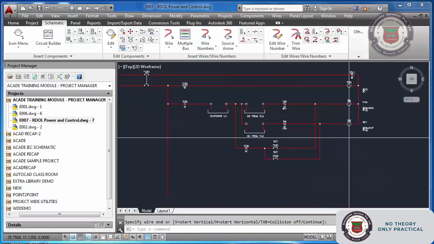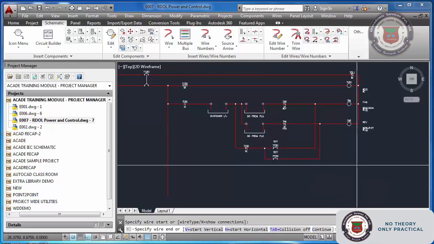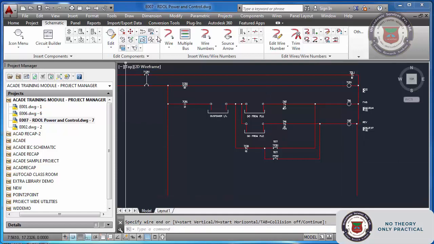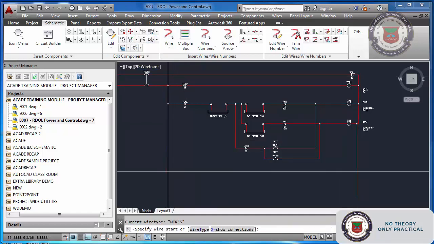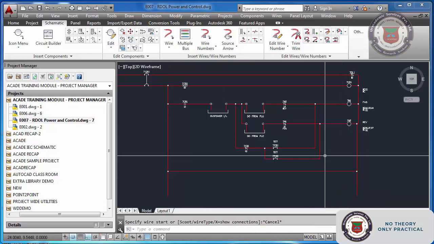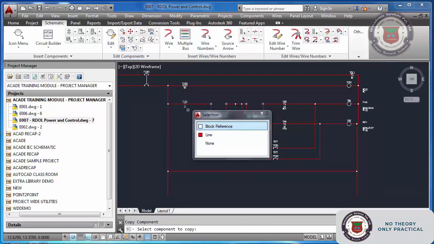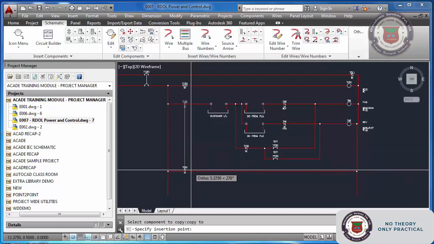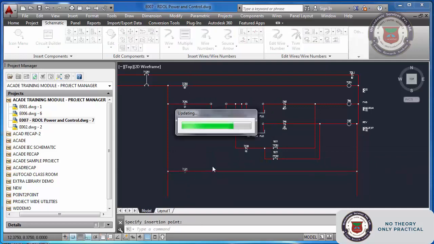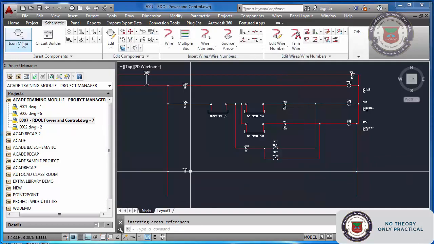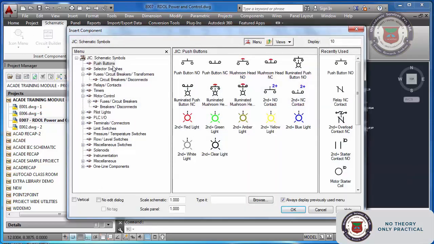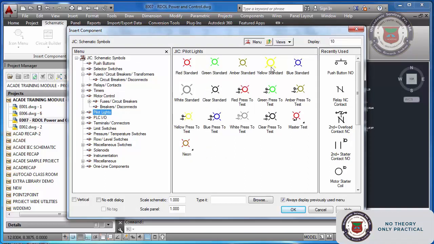So this circuit is almost over. And if you want a few more indications added in this, like a trip indication, I will copy the particular relay here, 7CR1. Okay, icon menu, push button indication lamp. You can see here pilot lights, trip.